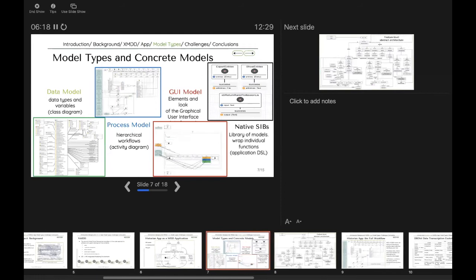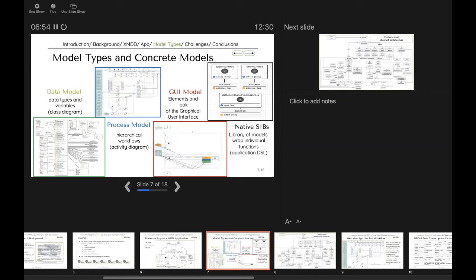Now I would like to discuss the Historian app, which is completely developed in a low-code environment using DIME. DIME mainly involves four types of models. A data model of a DIME application represents both concrete and abstract data. A process model expresses the business logic in a fashion roughly similar to the activity diagram. Very simply, each process type follows certain rules regarding which kind of SIBs they contain and what kind of tasks they perform. A GUI model type represents the structure of DIME's web pages.